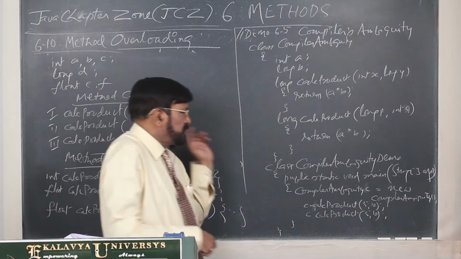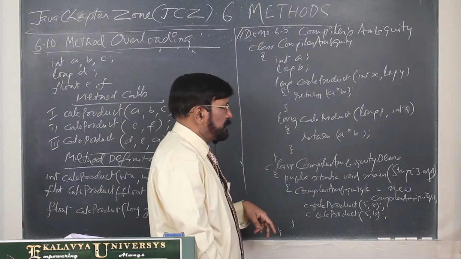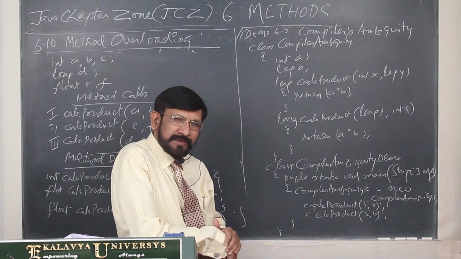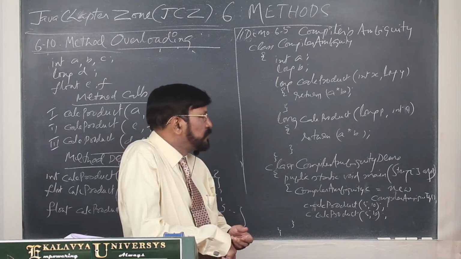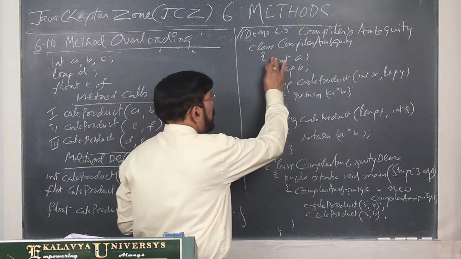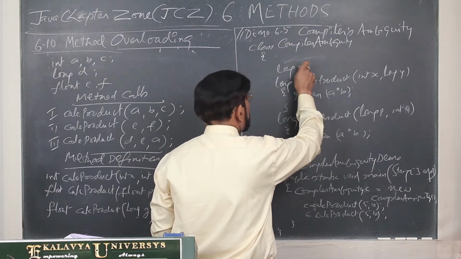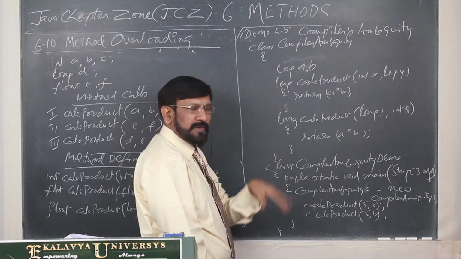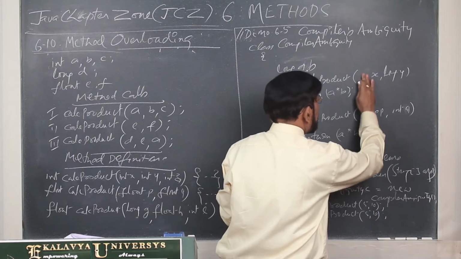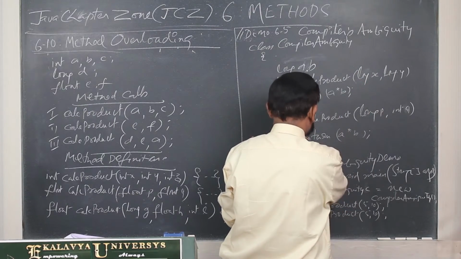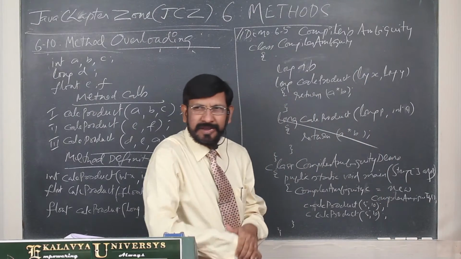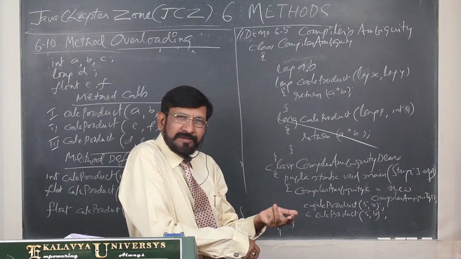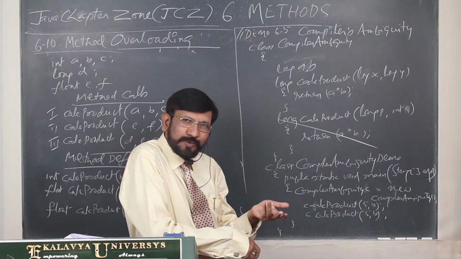Suppose in this case, 2 methods you are giving. So how can you resolve this? Because the compiler is ambiguous, what do you do then? That's all. You make both A and B long. Then why two methods? One method is enough. Understand? Because long can take long and long can take int also.